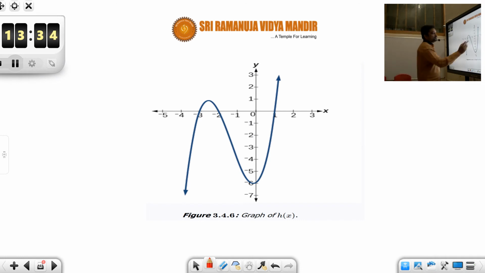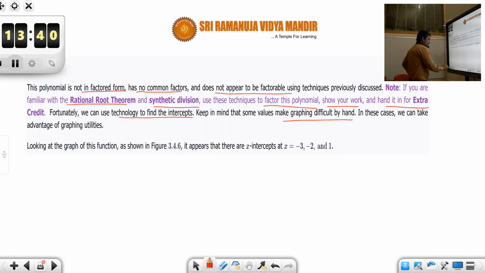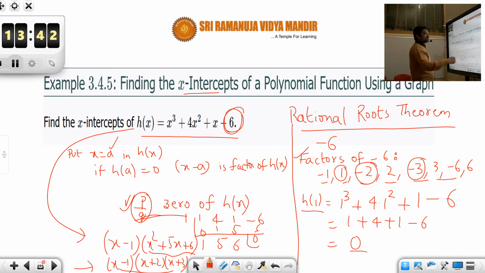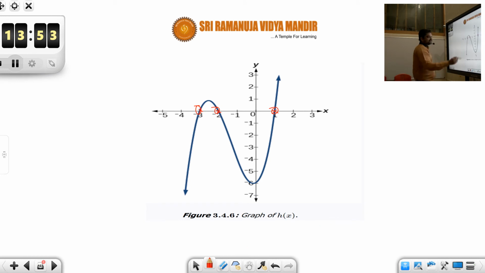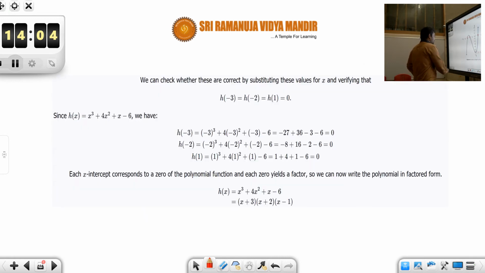So looking at the graph, we have got the zeros as 1, minus 2 and minus 3. Okay, students. Then what about the y-intercept? How do you calculate the y-intercept? We calculate the y-intercept by putting x is equal to 0. If you put x is equal to 0, you get minus 6. So the y-intercept is going to be minus 6. That means the graph passes through 0, minus 6. So hence this is the polynomial graph. It passes through all the x-intercepts and it passes through 0, minus 6.